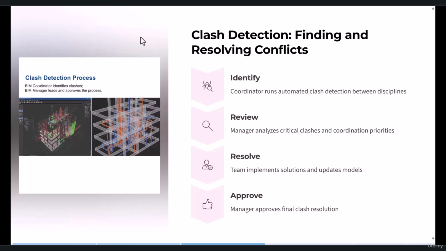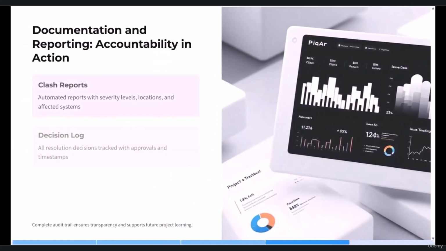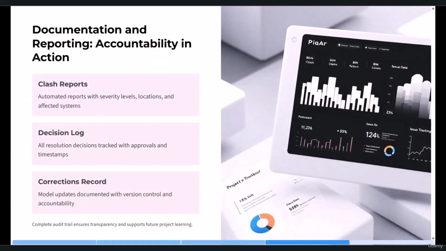The BIM manager will define how many times during the project we must have clash detections, what kind of reports there must be, what kind of mistakes must be reported, who is responsible for each clash, and how they have to be reported. So in fact, the BIM manager won't do the activity itself, but will define the frameworks. The final export of the reports will be analyzed by this person, who will make sure that all of the corrections have been done and, for example, all the documents are okay. So, documentation.